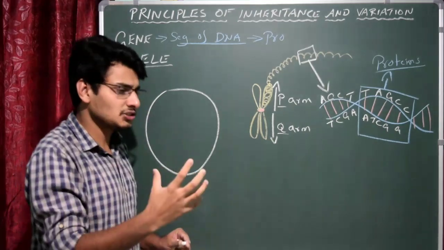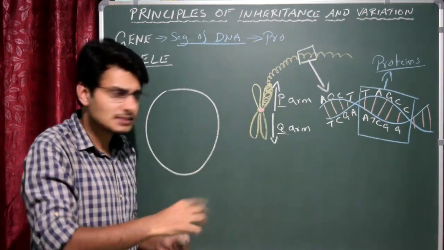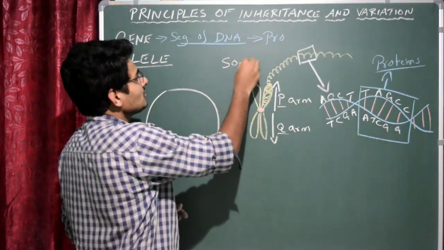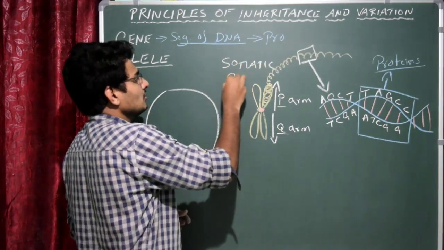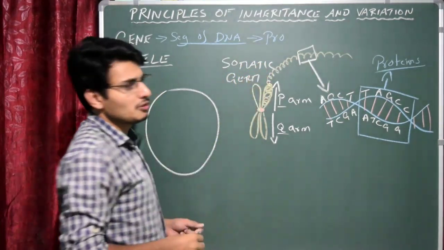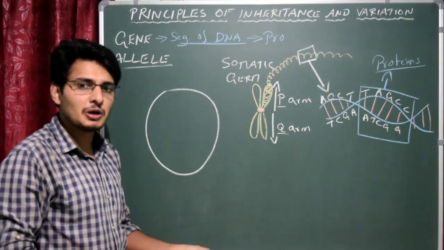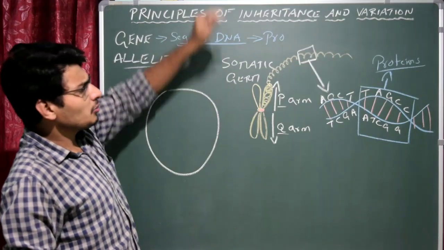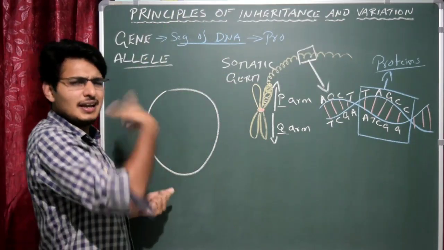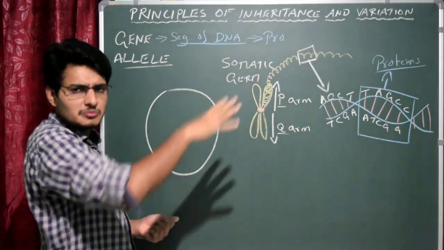Okay, so the structure cells are called somatic cells, correct? I'll write here somatic cells, whereas the germ cells are responsible for gamete formation. The gametes will be produced from the germ cells, either sperm or ovum. Whatever it is, let us just assume that it is a type of cell. It could be somatic or germ cell, doesn't matter.